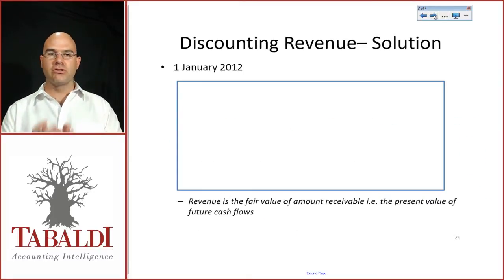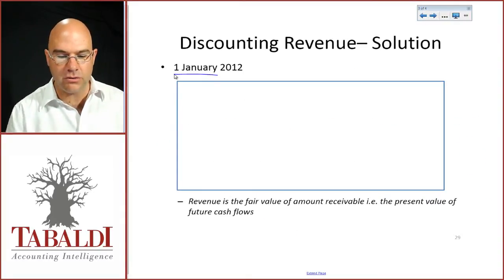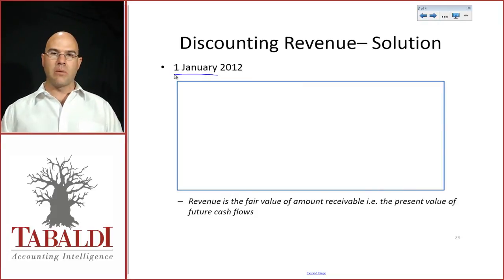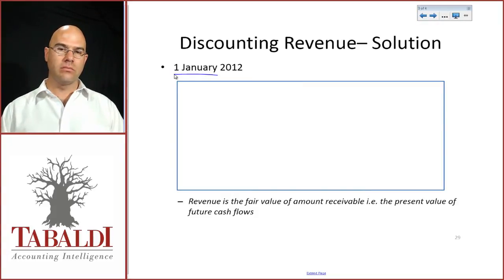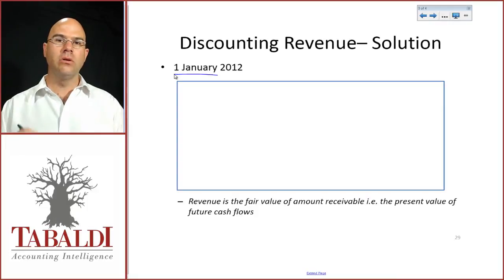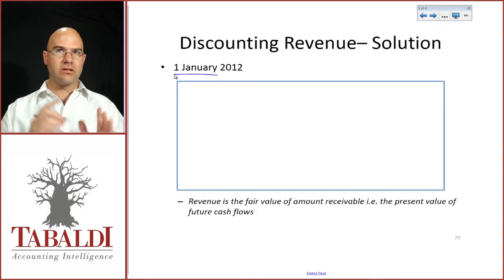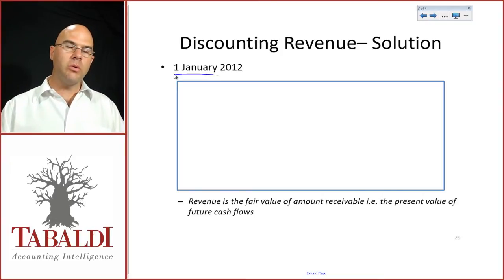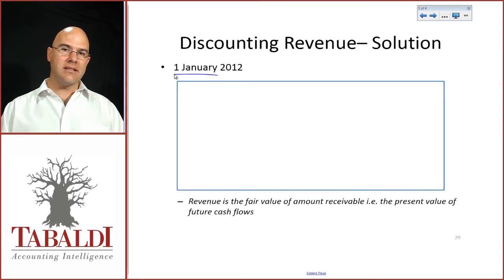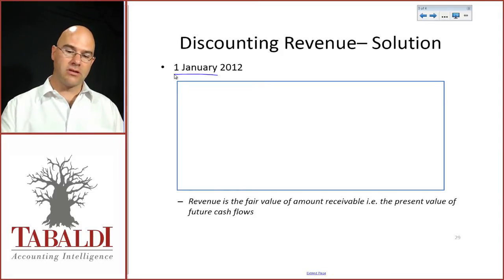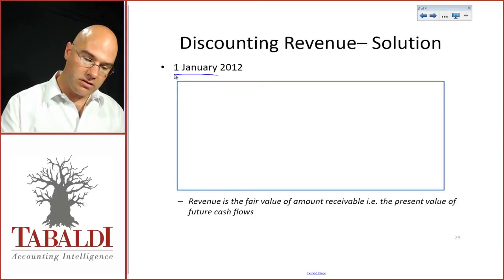Let's do our first journal at the 1st of January 2012. We're going to have to recognize revenue at the present value of the amount due to company A. So let's go through the total thought process here. I do want to recognize debtors, right? Debtors, or trade receivables, will need to be recognized at the present value of the future cash payments. But there's going to be two components to this debtor. There's going to be the gross debtor or gross receivable,